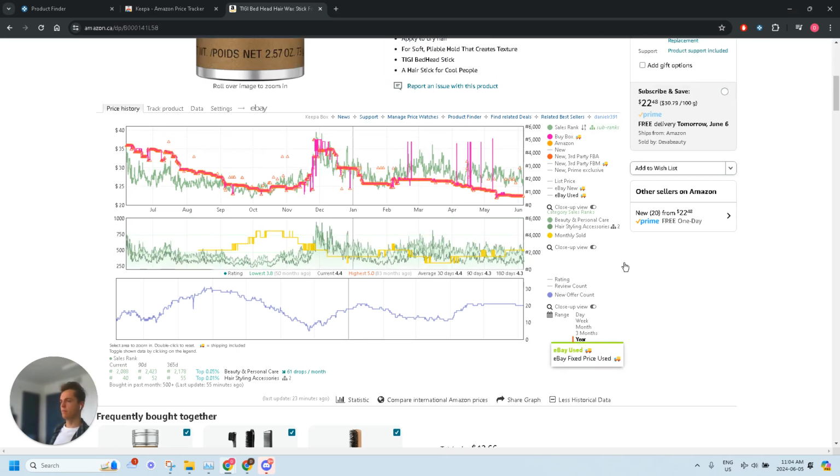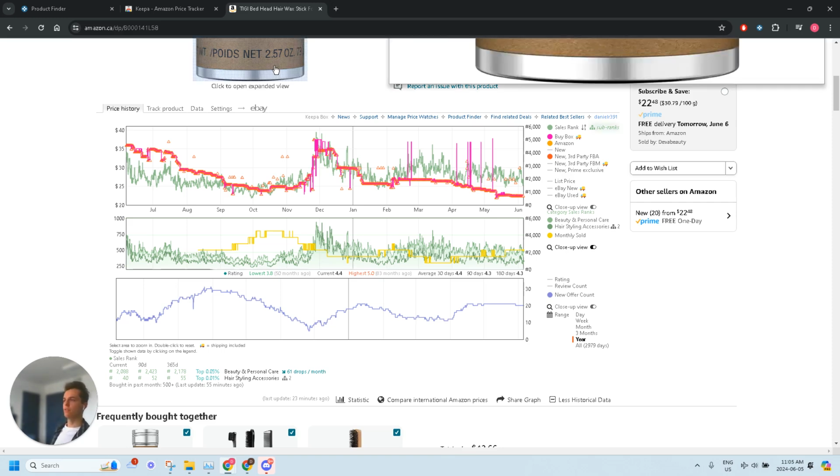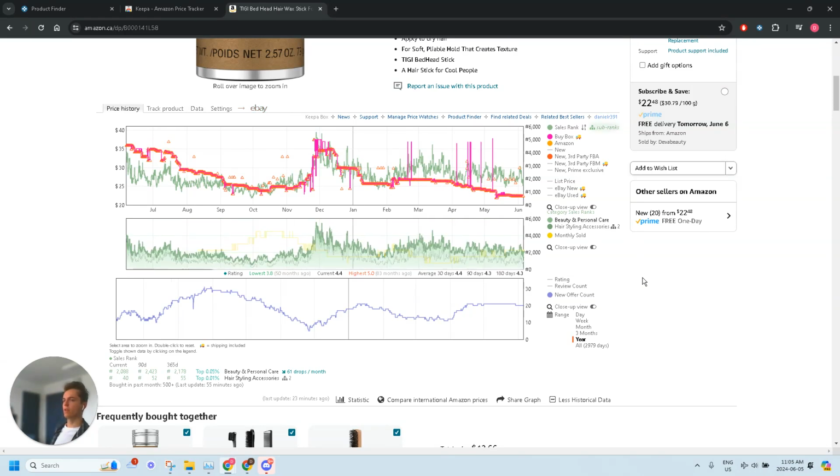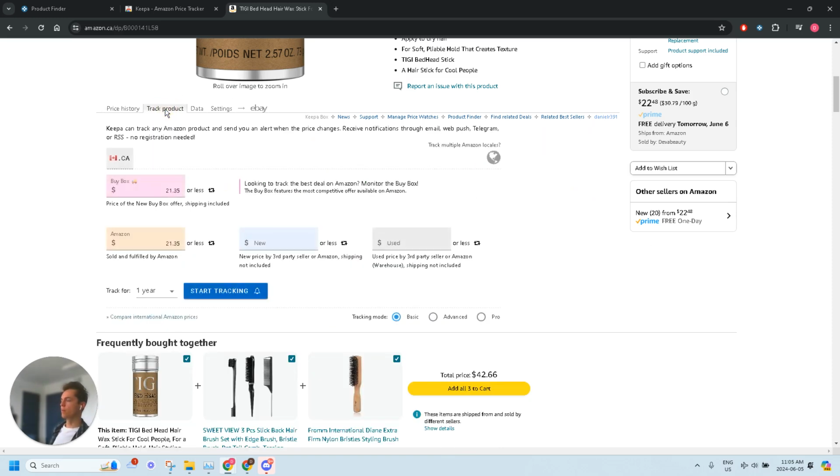other tabs here. For the most part, if we're just looking to get a quick idea of what's going on in the product, or a quick profitability check, or looking at the trends, this Keepa graph might be all we need. We don't have to usually click into the other offers, but if we're trying to get more details on, for example, how much an item is actually selling, then we might use some of these other features here, which we'll dive into. So the track product feature, we don't use this at all really, so I'll just skip right